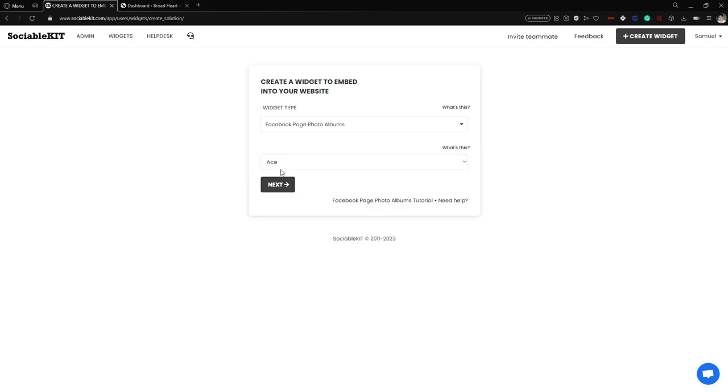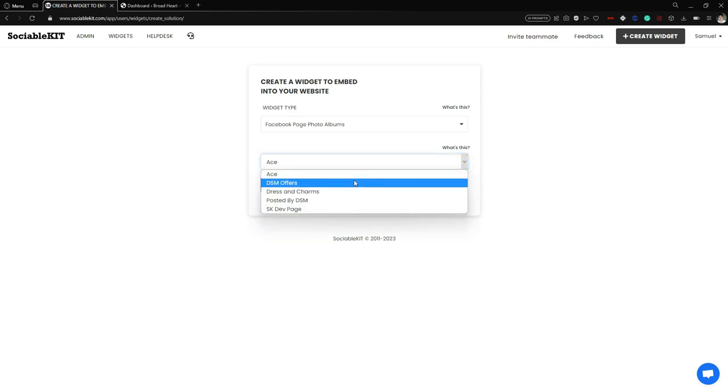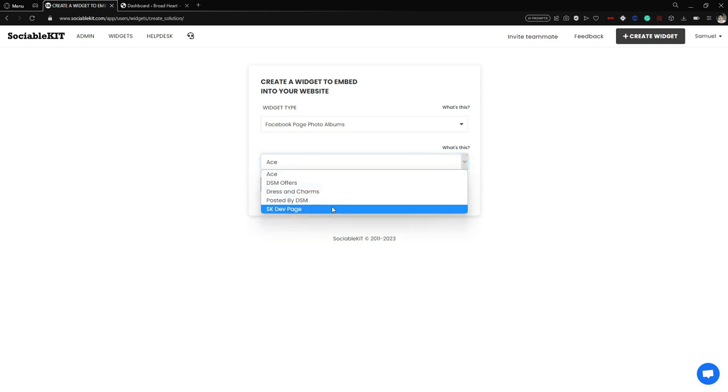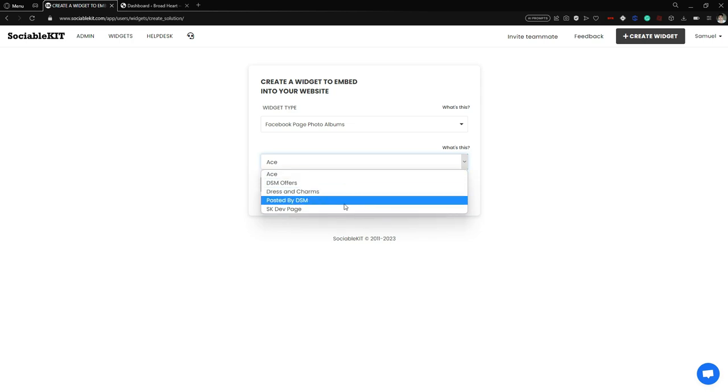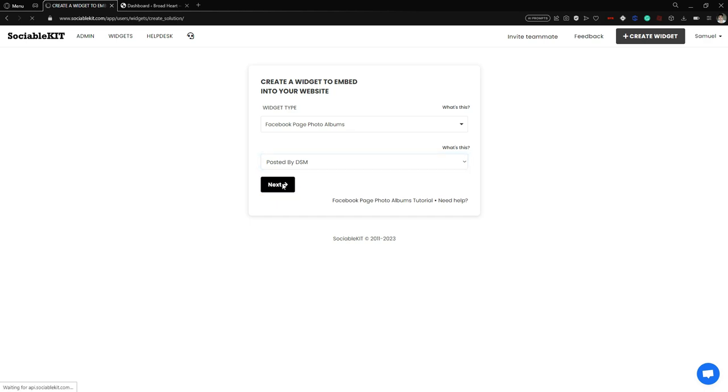You're going to click on it, and if it's your first time connecting your Facebook account to our website, a connect Facebook button will appear. You will click that and connect your own Facebook account. If you have already connected your Facebook account, every group or page that you have will appear here. So these are the pages that I have. I'm going to click this Posted by DSM. So here is the page that we are going to use to display our photo album. We're going to click next,